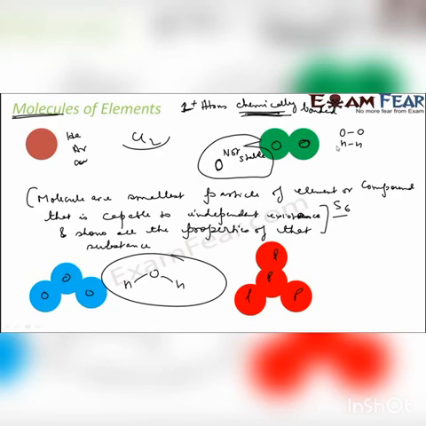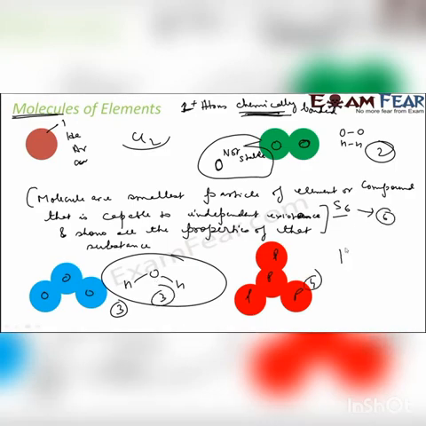The number of atoms in a molecule is called atomicity. For example, in this case atomicity is 1, in this case there are 2 atoms, atomicity is 2, in this case 3 atoms, atomicity 3, here also 3, here is 4, sulfur 6 atoms, atomicity is 6. It can be monoatomic, for example helium, argon, copper, because they have only one atom. It can be diatomic, triatomic, tetratomic, hexaatomic. That is the term given: atomicity.